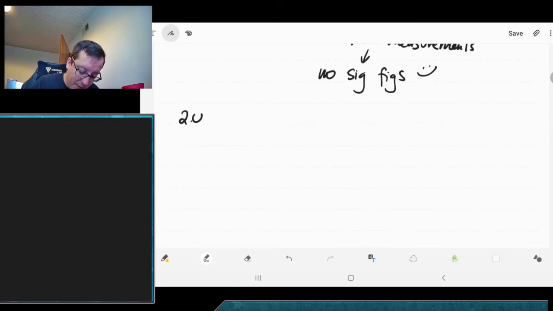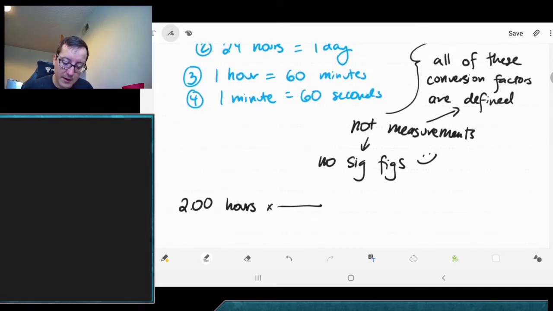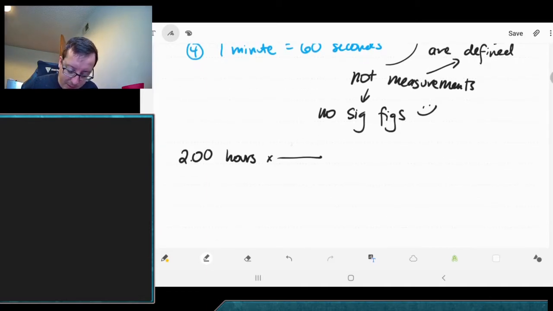Let's say I have 2 hours, and I've precisely measured that 2 hours. If I want to see how many minutes that's going to be, well, I have two options here. Because 1 hour and 60 minutes are identical, they are the same thing, they're equal to each other, I can multiply my number by it, right? If I were to say I multiply this by 36 over 36,